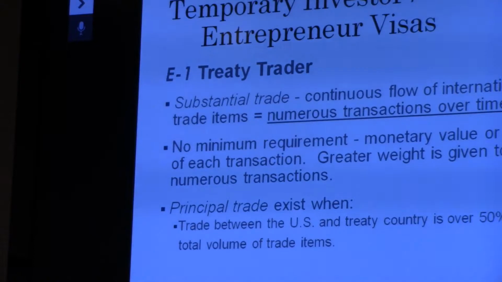And the Department of Immigration looks at numerous transactions over a period of time. Usually they say it's a year. They want to see a year history of the transactions, and there's got to be some sort of consistency. It's not like one month there was this volume of trade, and then for six months there was nothing. They want to see continuous and consistent trade. They look more at the volume rather than the monetary value. However, they do look at money, but they want to see volume and consistency over a period of time.